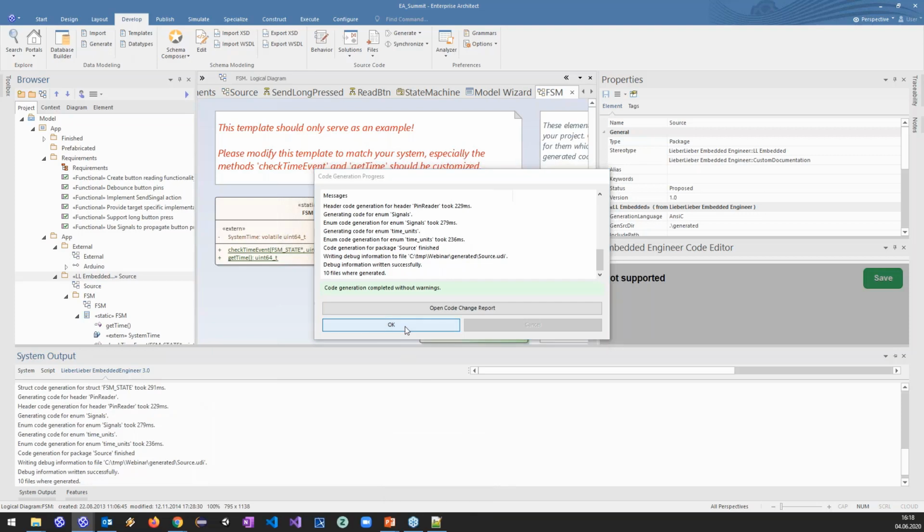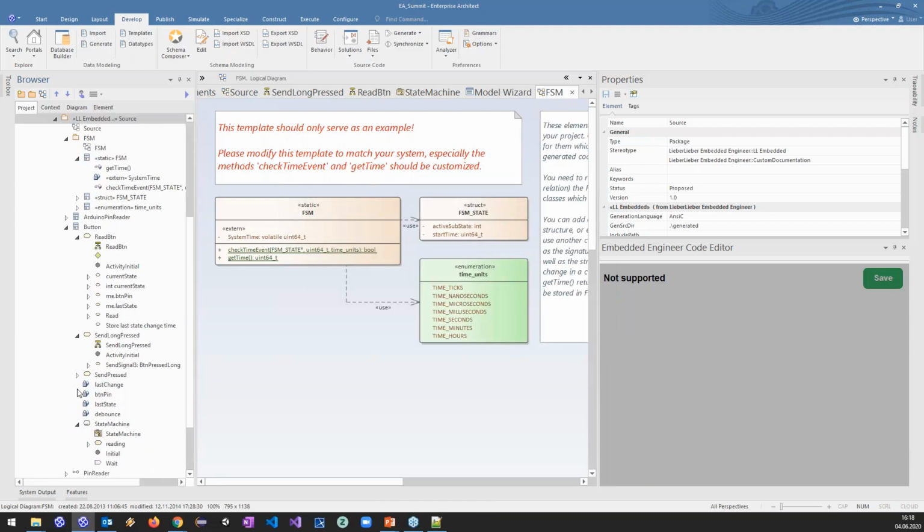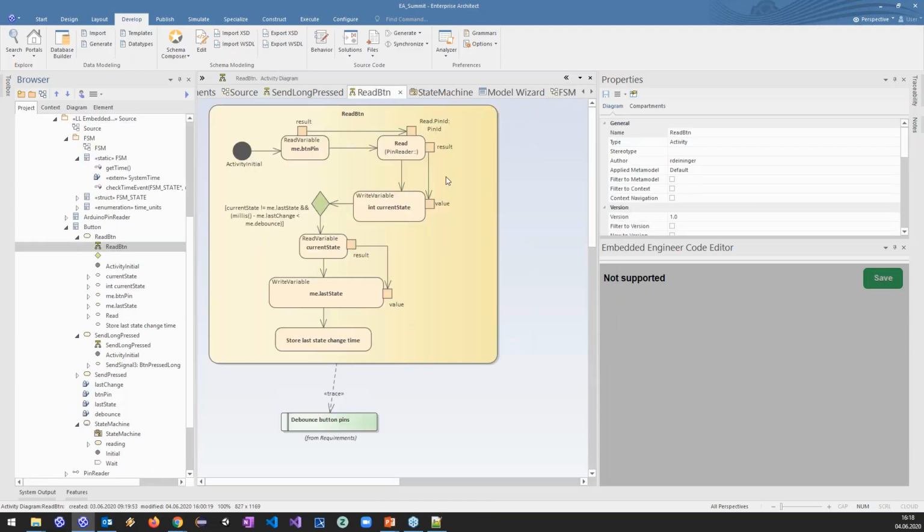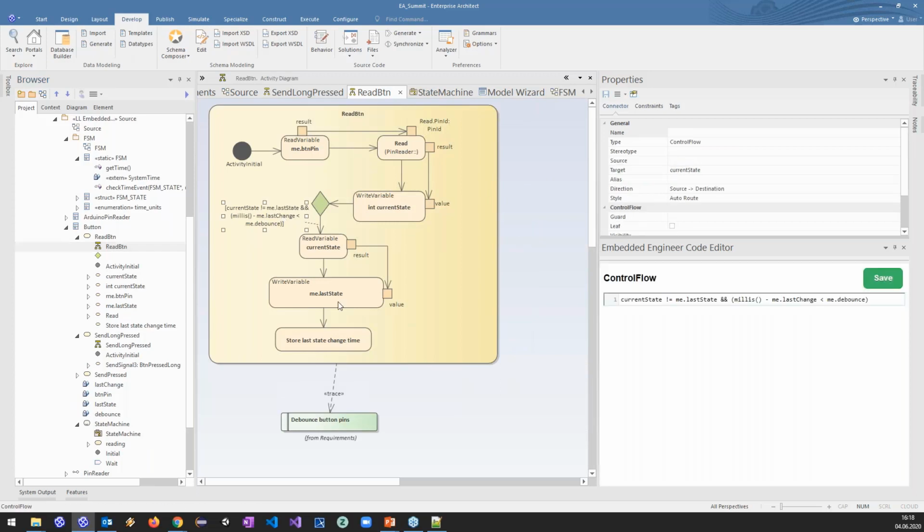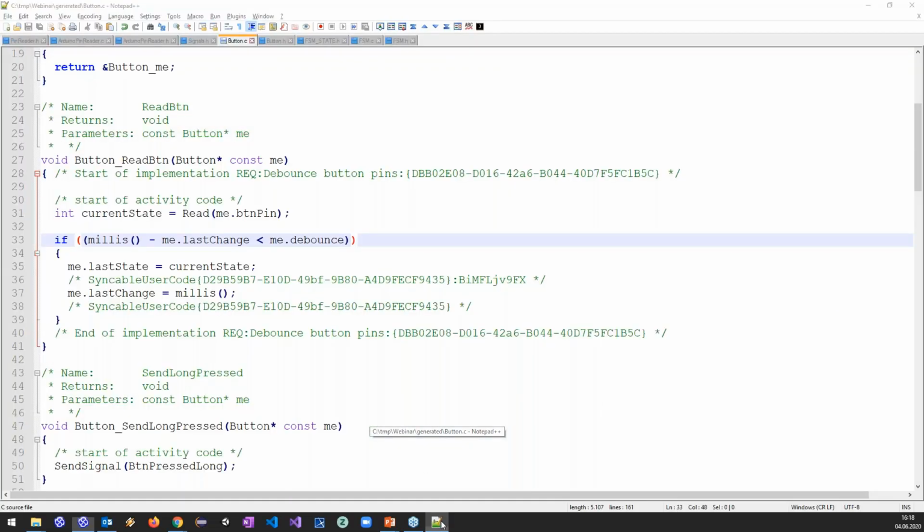And of course, what I've missed is our changed behavior. As I said, behavior should be fixed and should be coming from the model. You see, the developer has changed it, but we haven't synced it back because this is defined inside the model and should be only changed by an architect. And on the other hand, during the next generation, it's set back again because it's not inside a syncable user